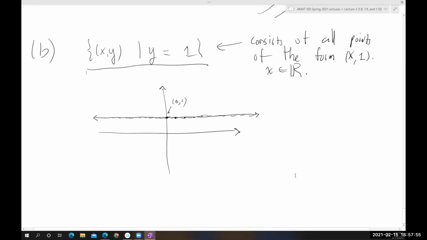There's one more part to this example, so let's look at this last part. So this is part C. The set consists of all x, y such that,